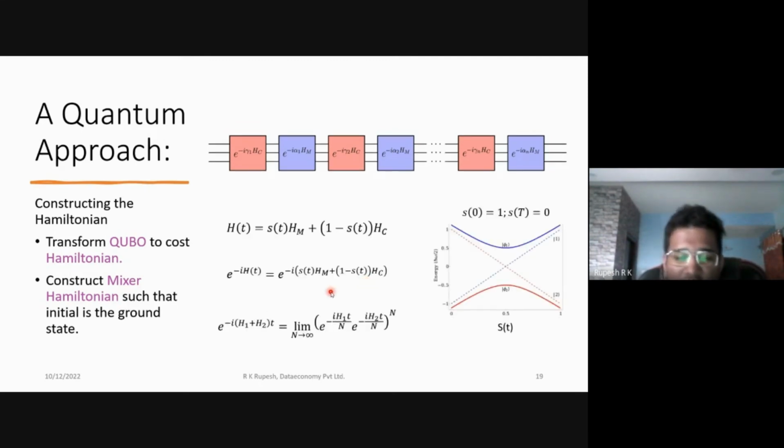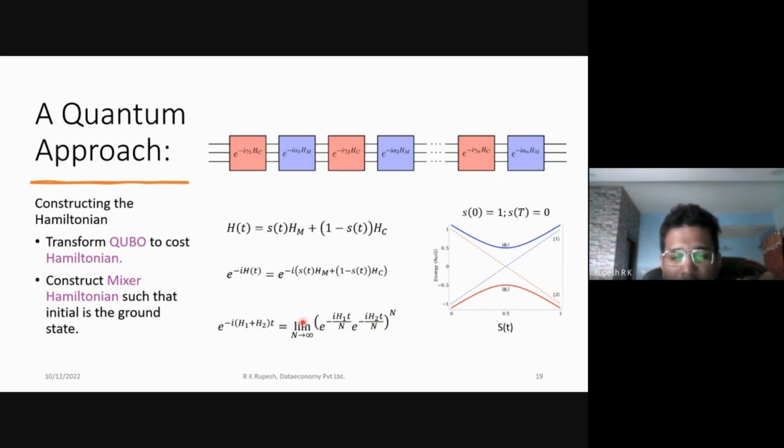You might have heard of it in other talks in this session. What that essentially says is that if you have the exponential of the sum of two matrices, then that can be resolved into the product of them in the limit that we divide by n. So we make small incremental steps, delta t, which is essentially t by n, and then we apply that small delta t increment n number of times, and if n is taken to infinity, then that is exactly the gate that we wish to implement.